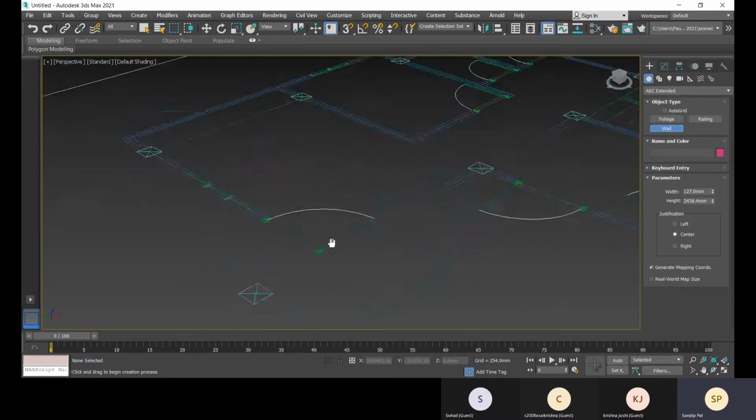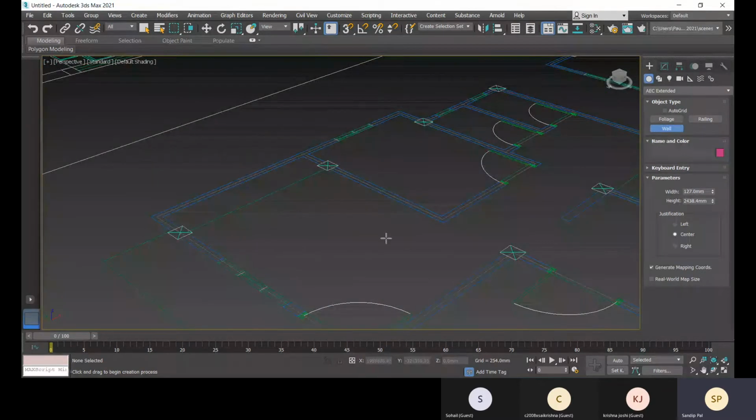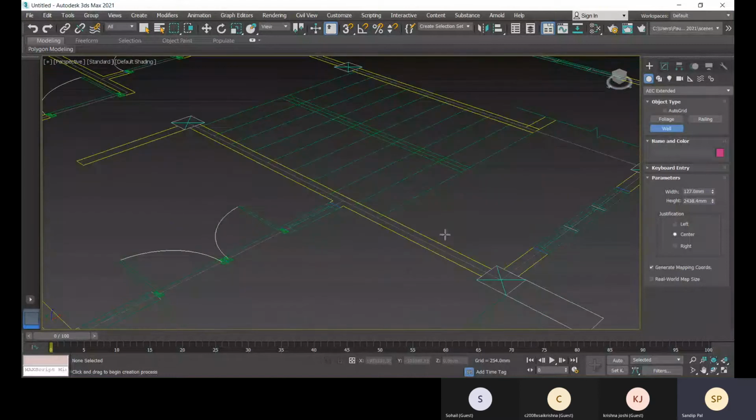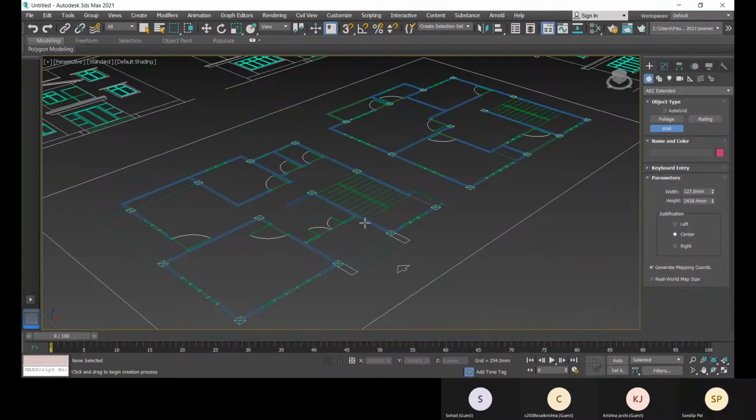So which one do you need? See, this center line is provided here, so for that you can choose the center. If it is not provided, then you can choose either left or right. Now you can define what the width and what the height would be.